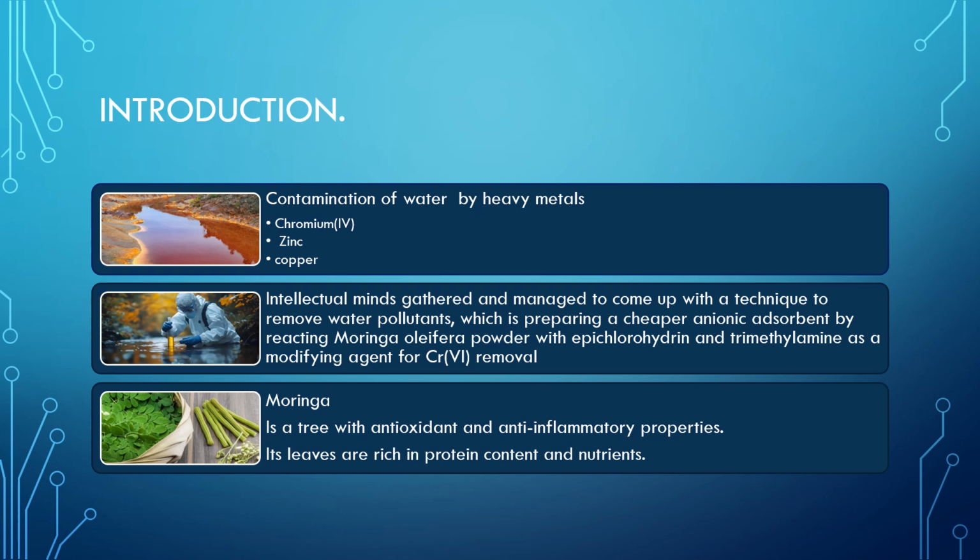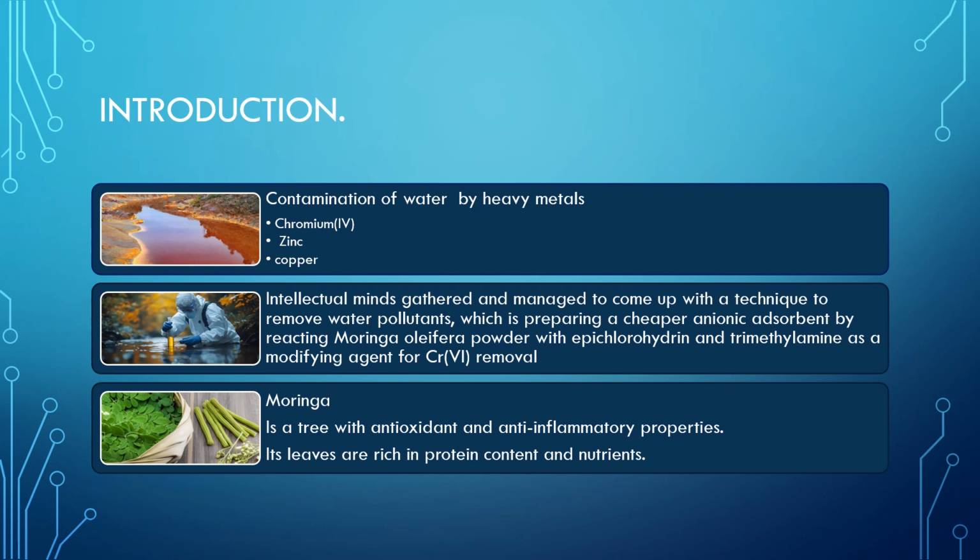Scientists have also come up with an easy way to remove water pollutants, which is preparing a cheaper anionic adsorbent by reacting Moringa oleifera powder with epichlorohydrin and triethylamine as a modifying agent for the removal of chromium 6. One can ask, what is Moringa? In simple terms, Moringa is a tree that is common in our households, known for its ability to heal different diseases like fever, as well as improving